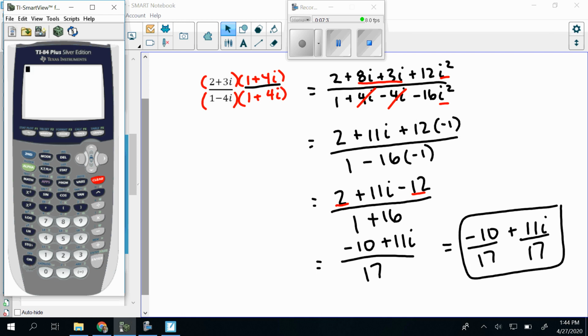Just again to show that shortcut, hit the alpha to select this F1 menu, and then you do the top one of numerator over denominator. Now you don't have to worry about parentheses. So let's type in the top as 2 plus 3 imaginary number here. And then let's do the bottom as 1 minus 4 times the imaginary number. And then if you hit enter,